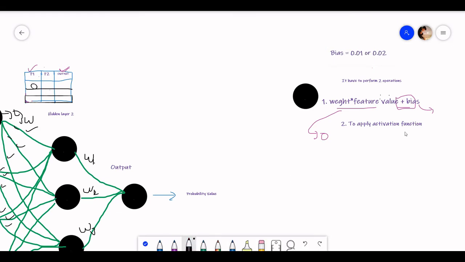Now let's talk about activation functions. We have many types of activation functions. At first we have the sigmoid activation function. Second we have the tanh activation function.